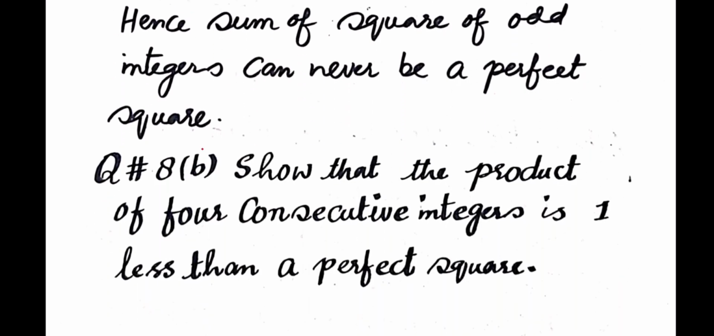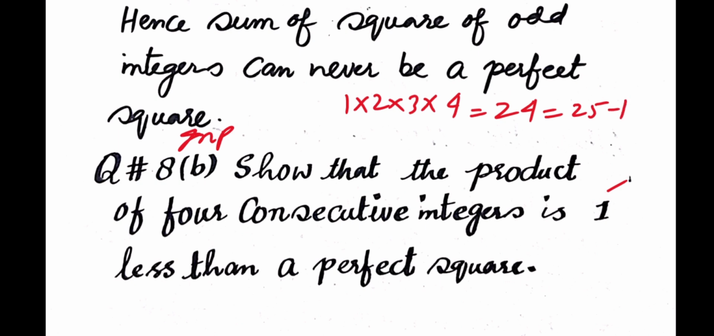Question number 8b, this is also an interesting and important question. Show that the product of 4 consecutive integers is 1 less than a perfect square. For example, consider the product of the first 4 positive consecutive integers, 1 into 2 into 3 into 4. The product is 24, and 24 can be written as 25 minus 1, which is equal to 5